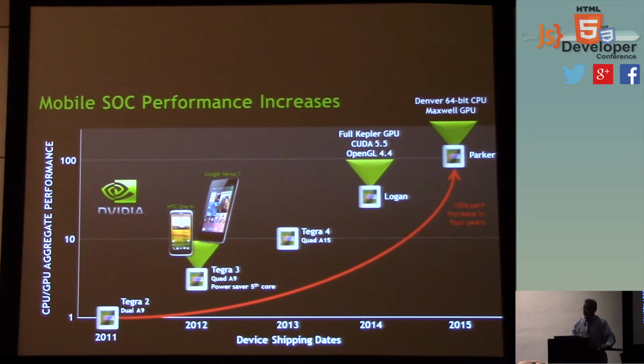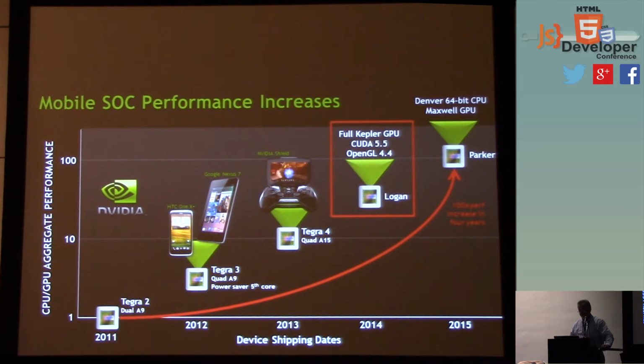And it's kind of worthwhile because the GPU roadmap for many vendors, this is the NVIDIA one, but the roadmaps from the other vendors are almost as good. We're seeing a factor of 100 times increase in performance in mobile GPUs over just a few years. So we are here today, Tegra 4, shipping from NVIDIA in devices. The next generation is particularly interesting on the NVIDIA roadmap because, well, I call it the singularity. We have desktop class